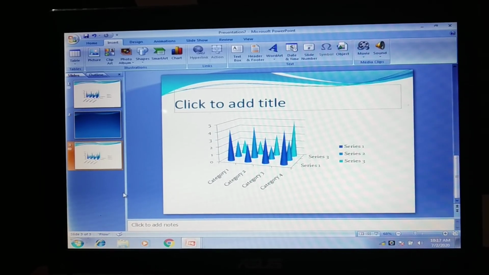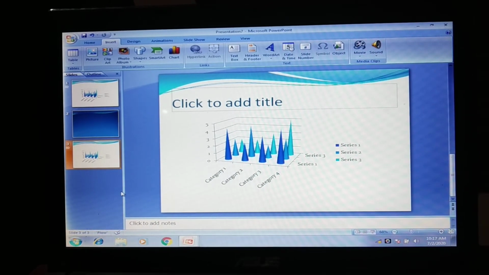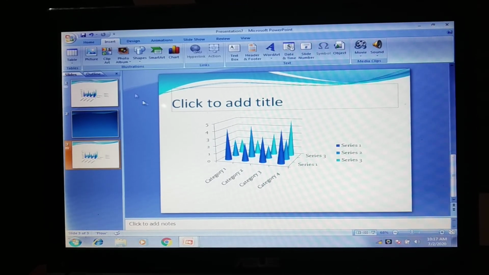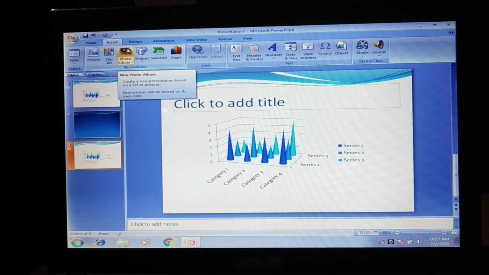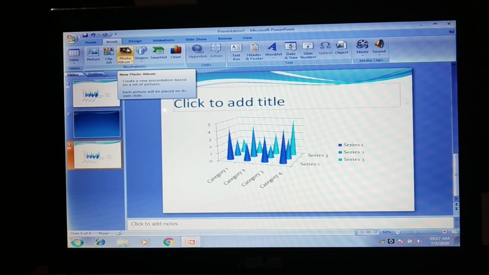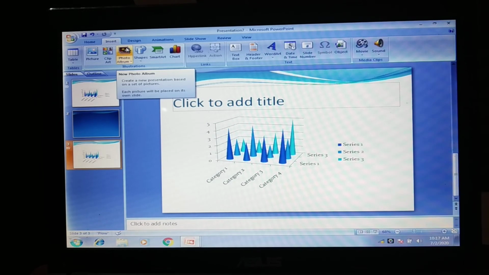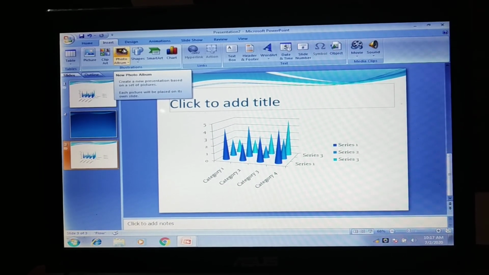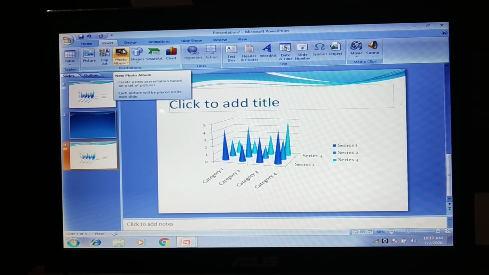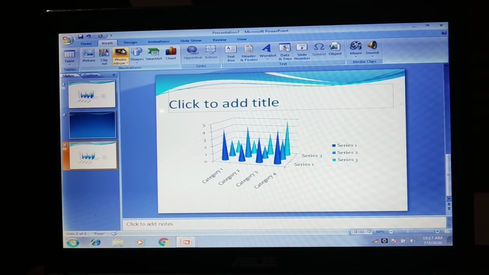Next day I will make an entire presentation ready with designs, animations, and then I will make the slides run by using the slideshow option, and then you will form the idea of how to make a presentation complete and ready for your audience. Now children, please read thoroughly from page 49 to 53. I hope the things which I have shown practically will help you to understand MS PowerPoint, Microsoft presentation, in a better way. Thank you for watching the video.